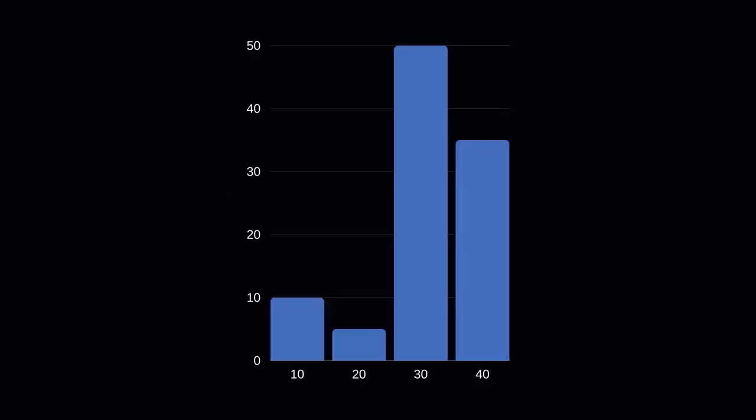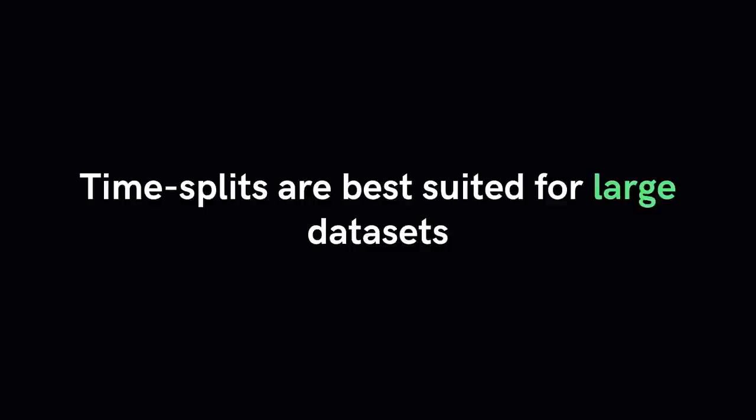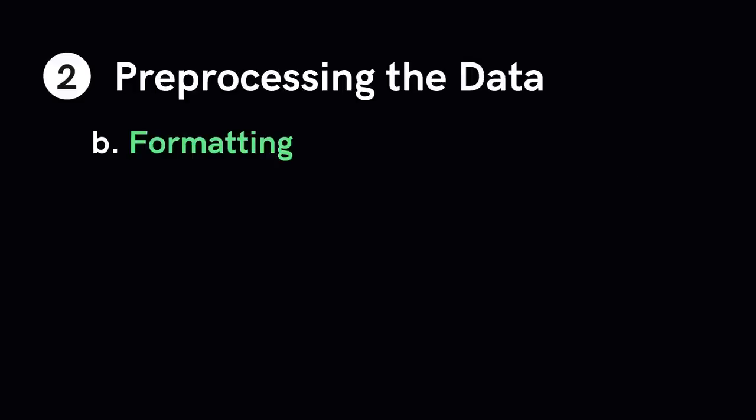Additionally, if you're working on time series data, a frequent technique is to split the data by time. For example, if you have a dataset with 40 days of data, you can train your data from days 1 to 39 and evaluate your model on the data from day 40. For systems like this, the training data is older than the serving data. So this technique ensures your validation set mirrors the lag between training and serving. However, keep in mind that time-based splits work best with very large datasets, such as those with tens of millions of examples.